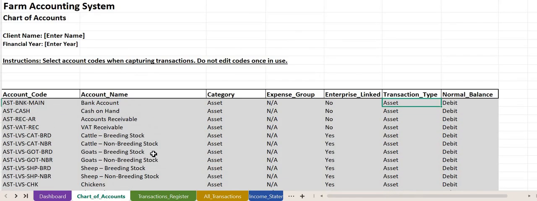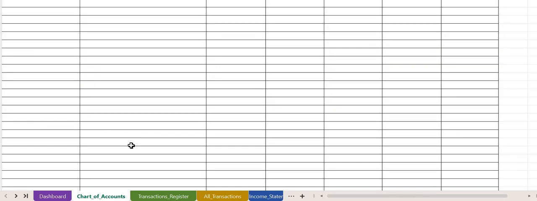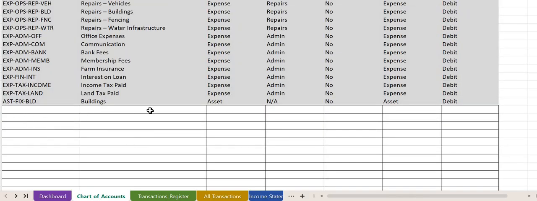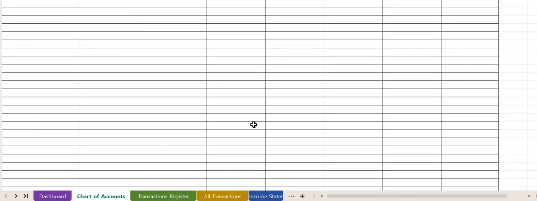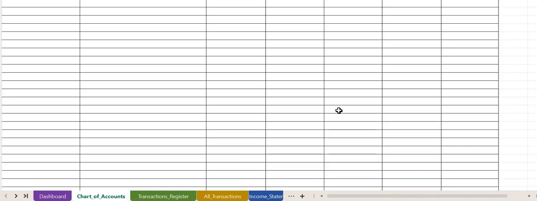Our system is designed in such a way that every transaction depends upon these codes. You can add any other codes that you want, for as long as they are within